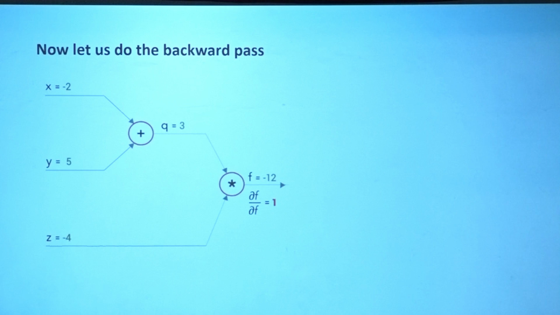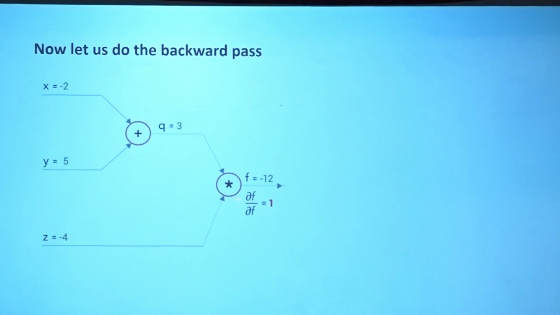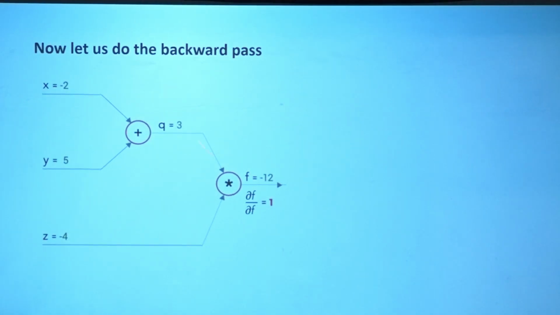Now what happens in the backward process, taking this derivative backward to the next gate, the previous one. We can get the derivative of f with respect to q and z, because f is defined as a multiplication of q and z. So what are the values of df by dq and df by dz? It is a crisscross operation, because it's a multiplication. So what are the values you will get? df by dq,